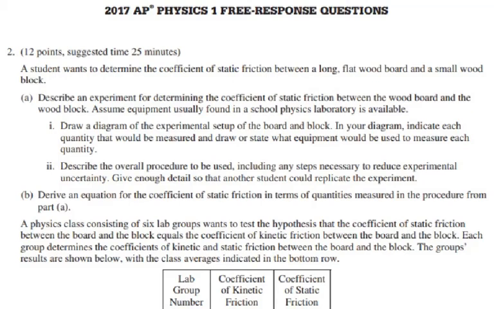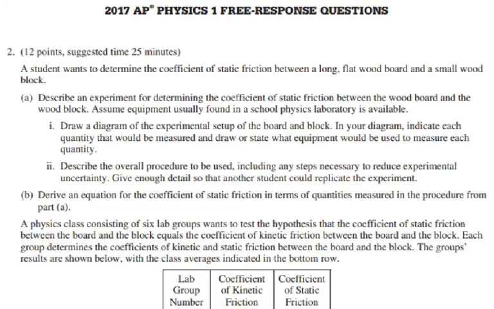This problem came from 2017 AP Physics 1, and the problem states a student wants to determine the coefficient of static friction between a long flat wood board and a small wood block. Describe an experiment for determining the coefficient of static friction between the wood board and the wood block. Assume equipment usually found in the school physics lab is available, and draw a diagram of the experimental setup of